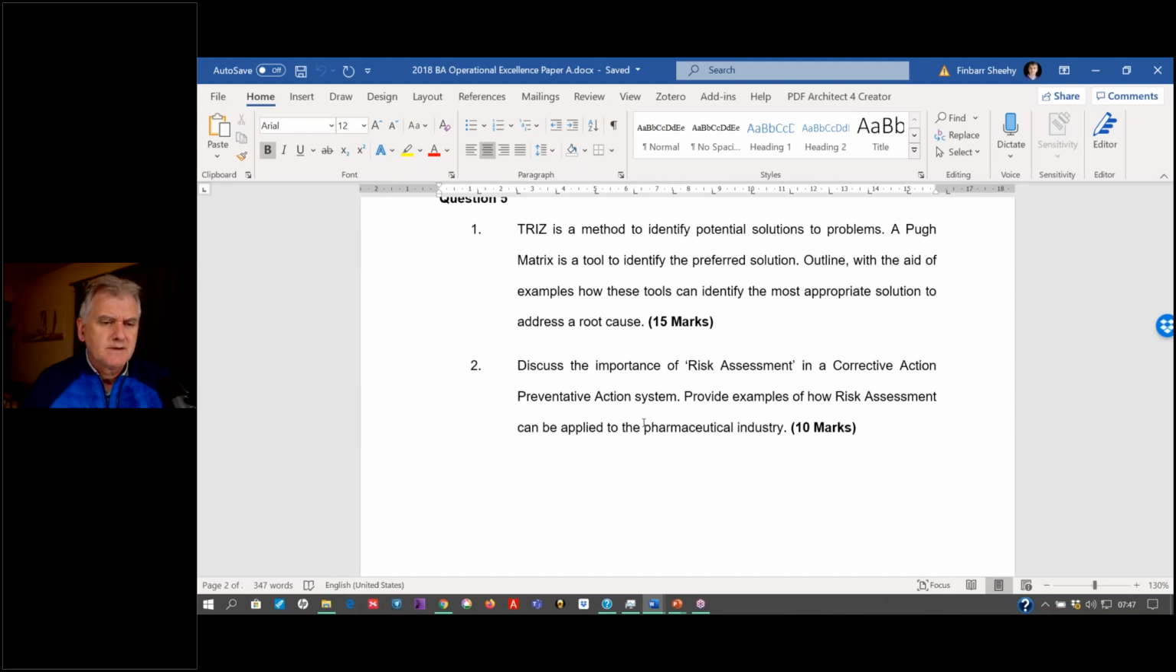TRIZ is a method to identify potential solutions. A Pew matrix is a tool to identify the preferred solution. Outline with the aid of an example how these tools can identify the most appropriate solution to address the root cause. So that's actually kind of an open book question. I'm really saying TRIZ gives you an answer, but I'm saying, give me an